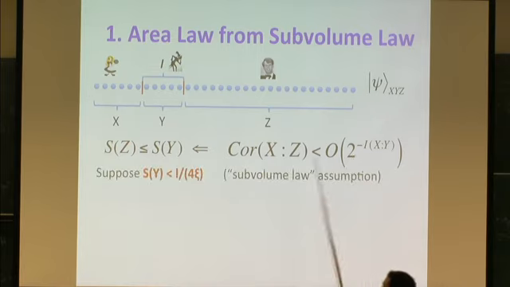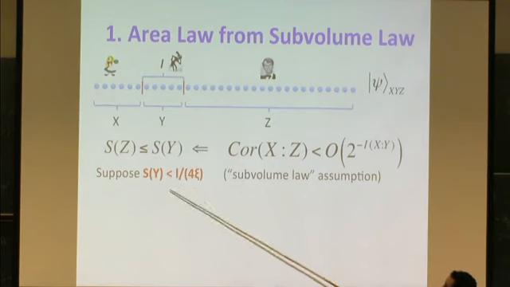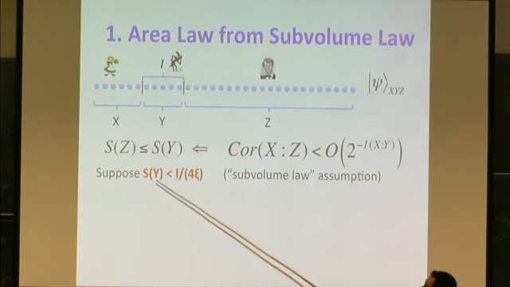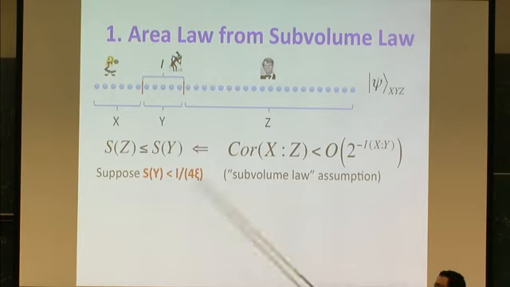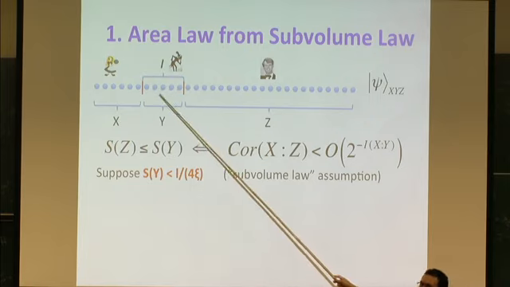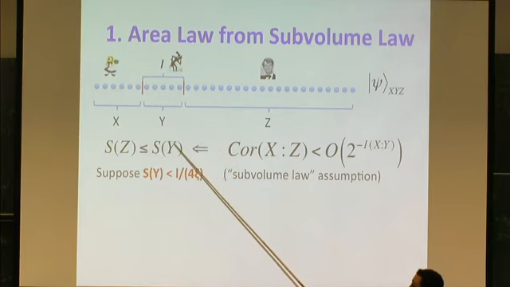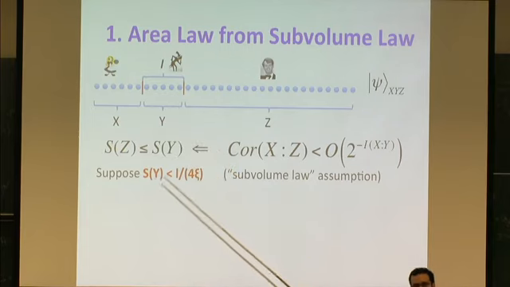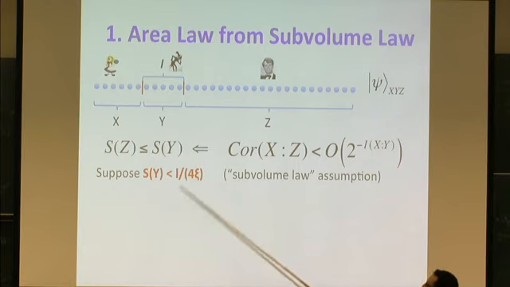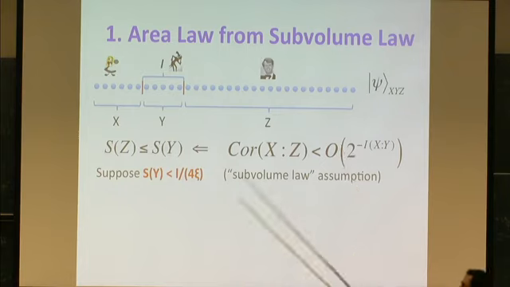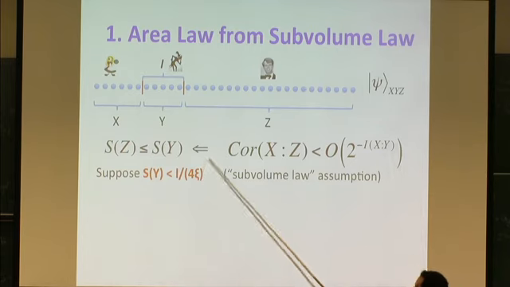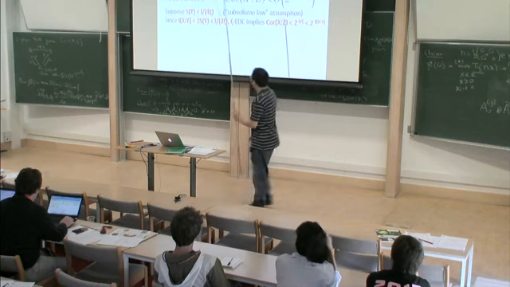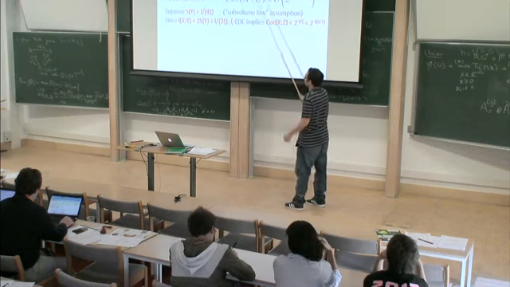So let's use our assumption. Our assumption is that the entropy of y is smaller than L over 4 xi, right? So y has L qubits, so the entropy of y can be at most L. We just assume that it's smaller than the maximum by some multiplicative constant that depends on the correlation length. This is like the sub-volume law assumption. Well, this is even volume law, but this constant has to be small enough for us. So let's show how this implies area law for z now.